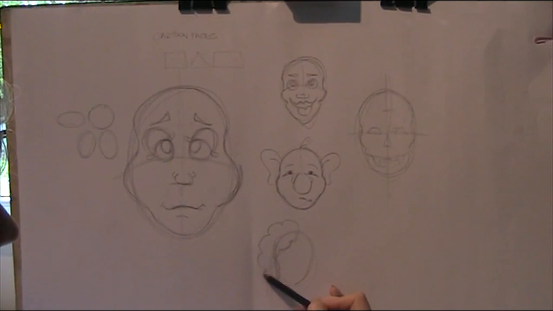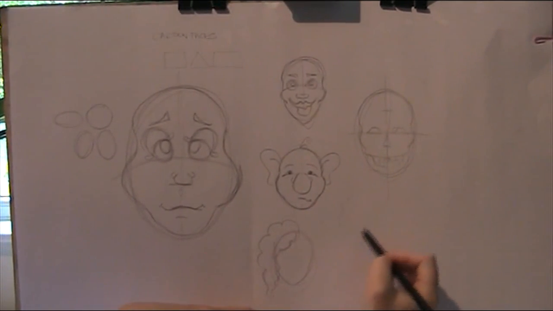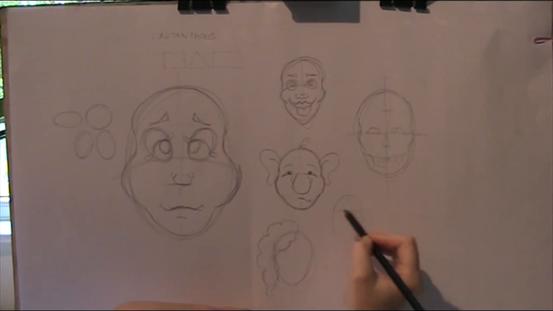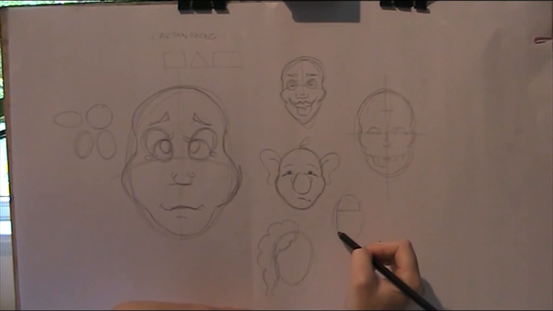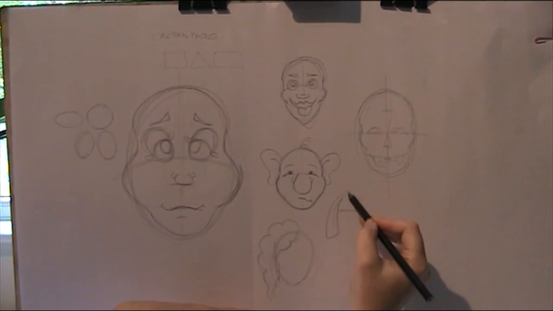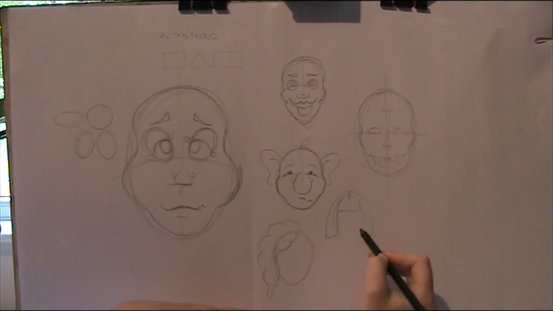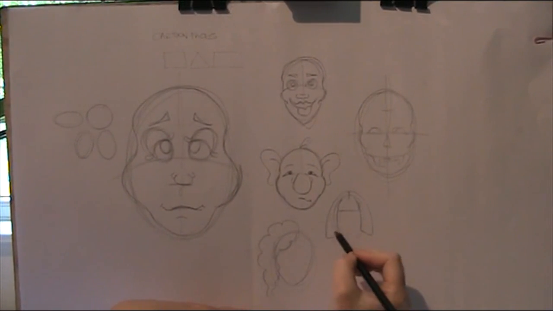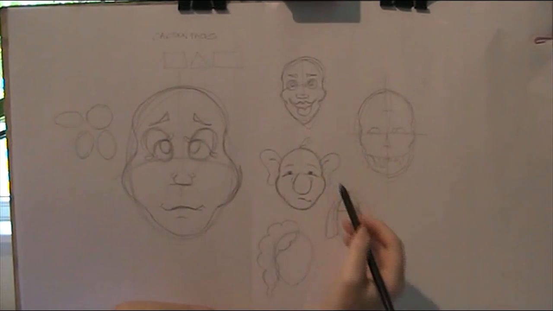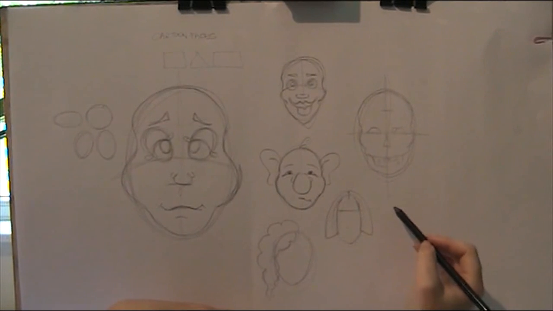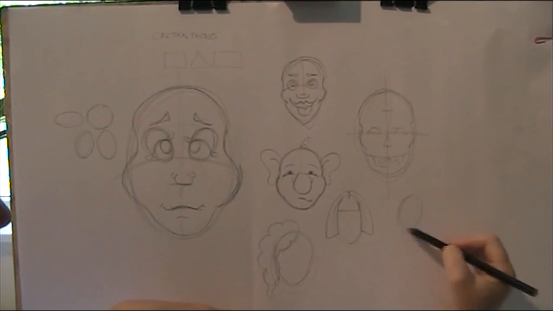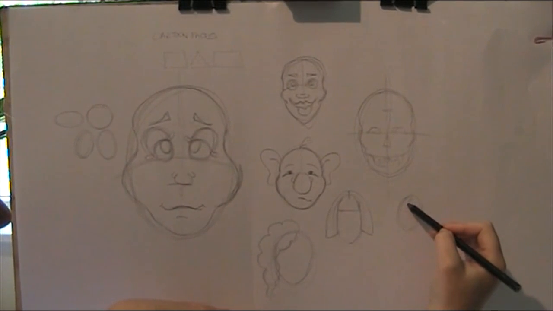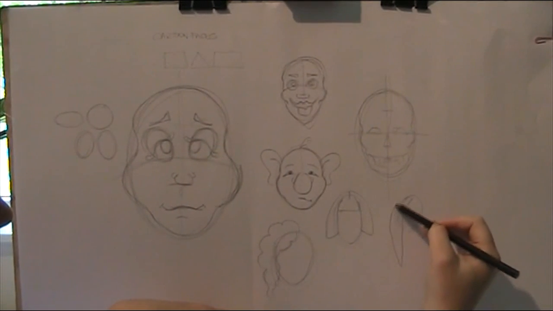But what I'm doing is I'm creating the basic placement or position of that hair. If I have straight hair, for instance a bob, I could have the fringe. I could have a basic shape, and if you look here, this shape is more or less a triangle shape, like that. So I'm using my universal shapes to help me draw my hair. If I had long hair, I could draw it the same point. I can either have no fringe and have a long triangle,